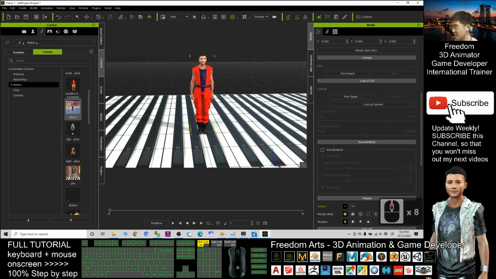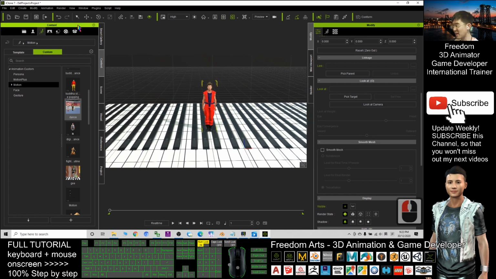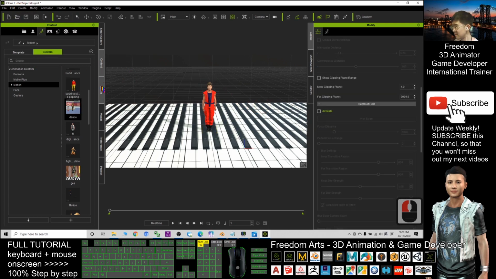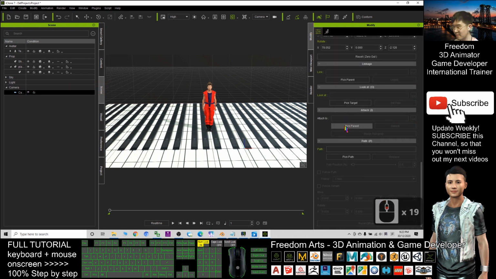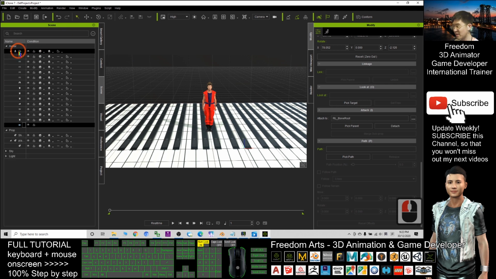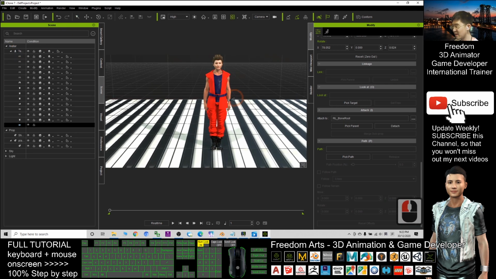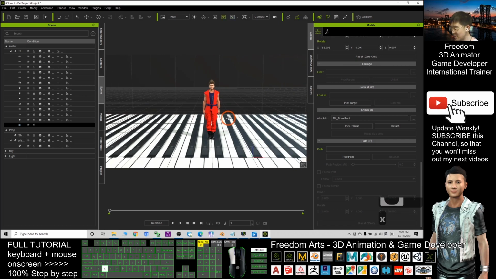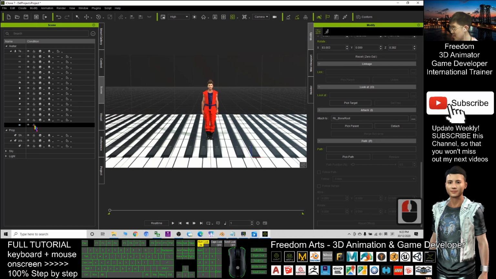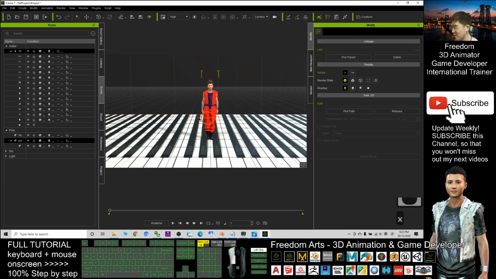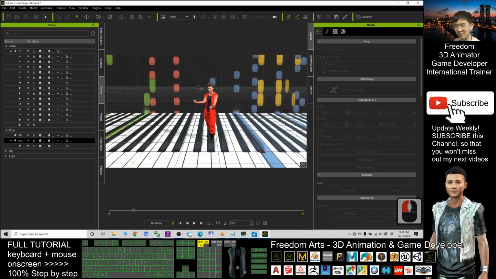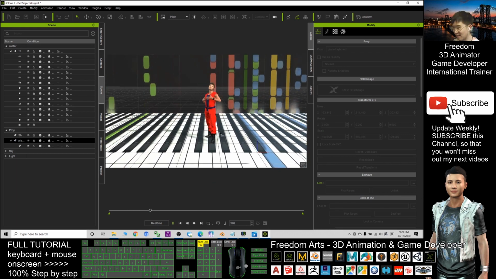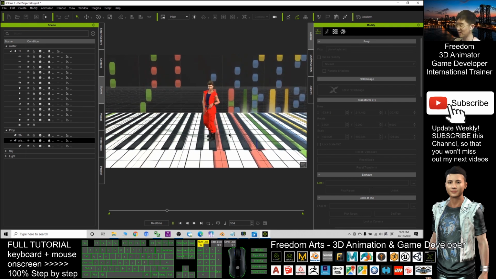okay. Next step is you need to create a camera. You can see this camera. Click the modify. Pick the parent, you will directly attach to this avatar. Then after that, you can just lock it. Lock this camera so that it cannot simply move already. Next. The camera will always automatically follow the avatar, dancing on a giant size piano in this